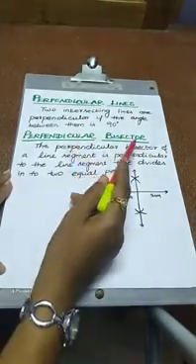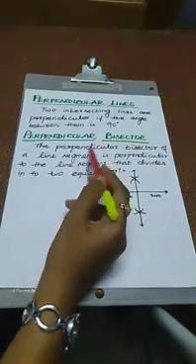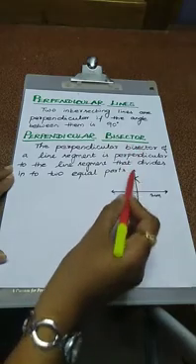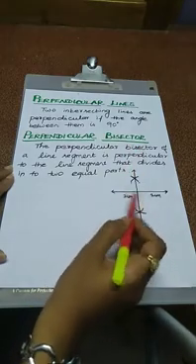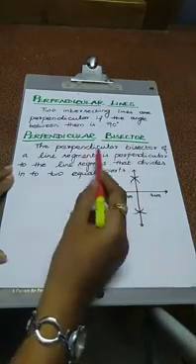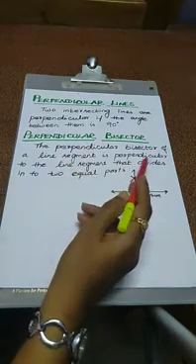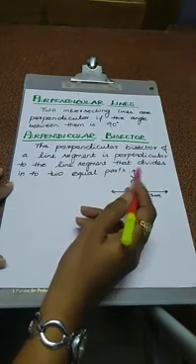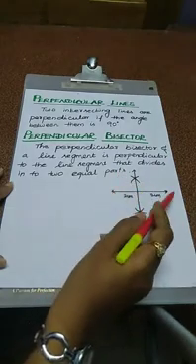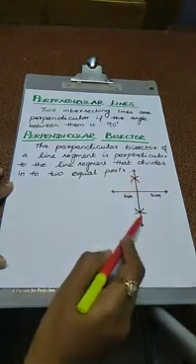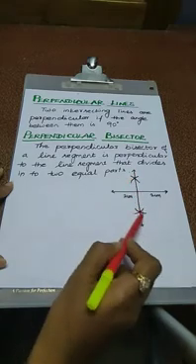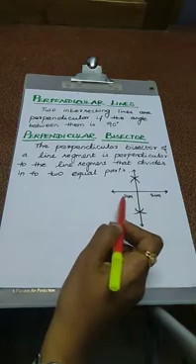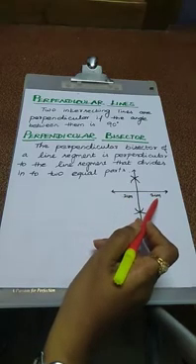The next one is perpendicular bisector. What is a perpendicular bisector? What is the use of the perpendicular bisector? Actually, the perpendicular bisector divides the line segment into two equal parts. The perpendicular bisector of a line segment is perpendicular to the line segment and divides it into two equal parts. Here, this line value is 4 cm. Here we draw one perpendicular bisector. This perpendicular bisector divides the line segment into two equal parts, that is 2 cm, 2 cm.